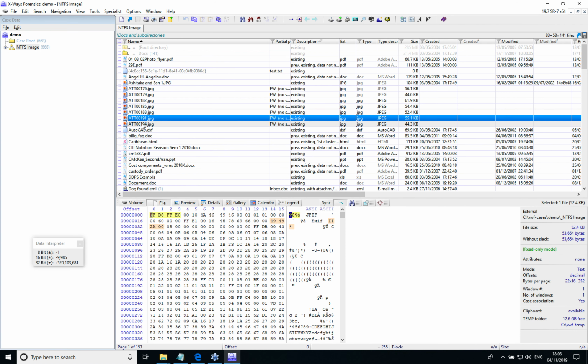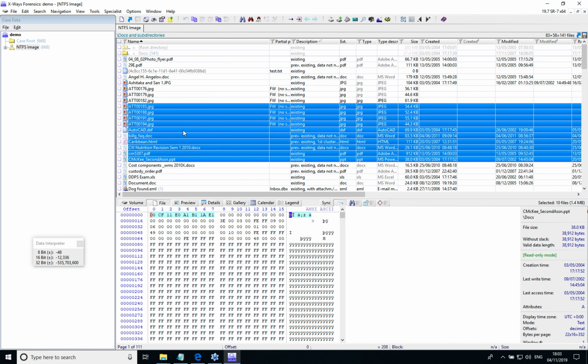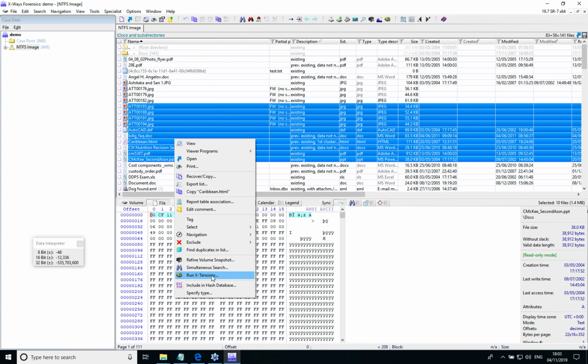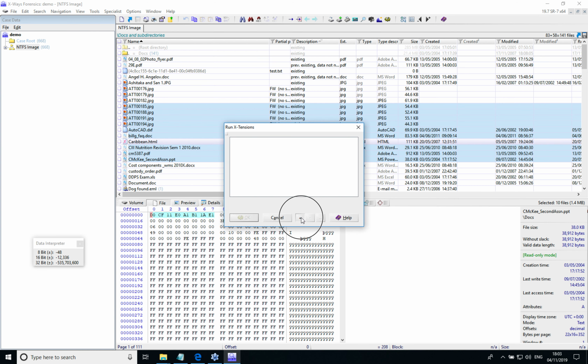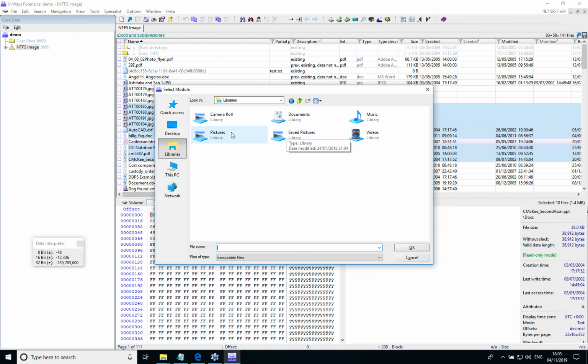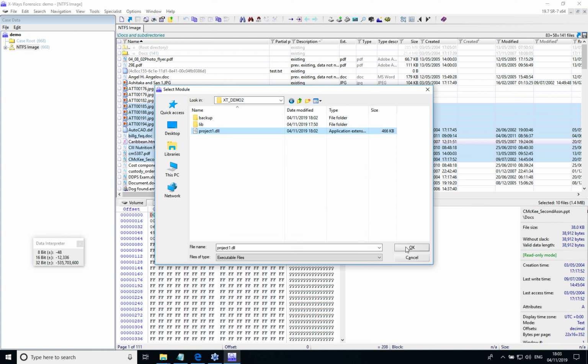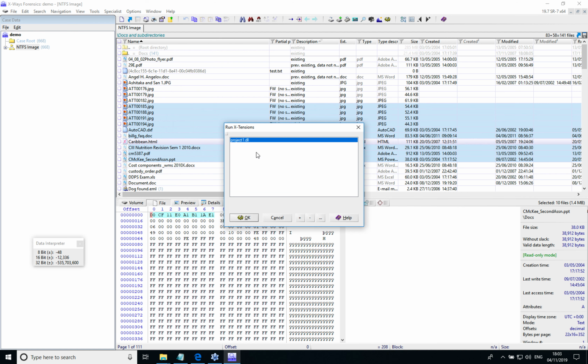So if I select some files, and now right-click this and go Run Extensions, hopefully it will work. Where is it? Desktop. And it does. So at least you now know that if you get that error message that you got earlier, it means you've either not done your XT init properly, or you've not put your exports in at the bottom. If I press this ellipsis here for this selected extension,